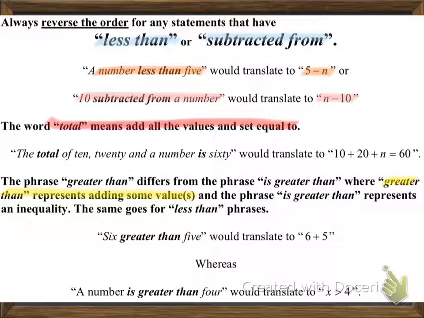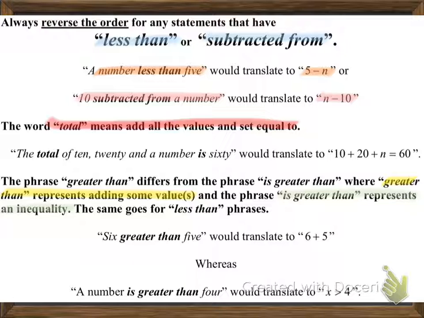The phrase "is greater than" represents an inequality. So the inequality is "greater than." The word "is" fundamentally changes this. So 6 greater than 5 means 6 plus 5, if your answer is 5 greater than the 6 that you started with. 12 greater than 7 is 12 plus 7, because your answer would be 7 greater than the 12 that you